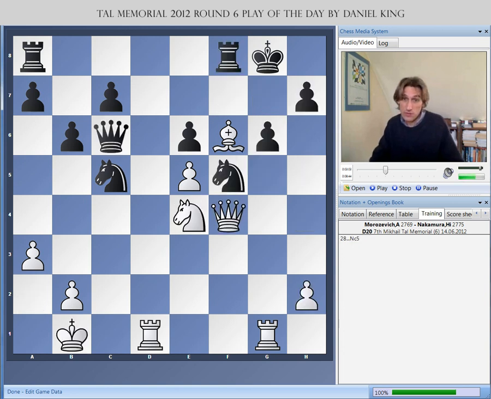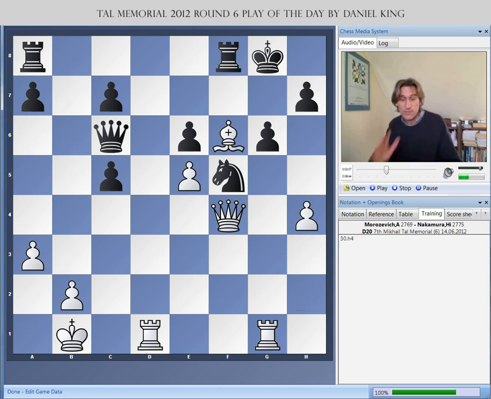But Morozevich took on c5, and after this things were not so clear. Okay, he rushed to open the g file, but Nakamura defended so coolly here. Now maybe he could have gone onto the attack straight away with rook b8, but he chose rook f7, which I think is also pretty good. And after h5,